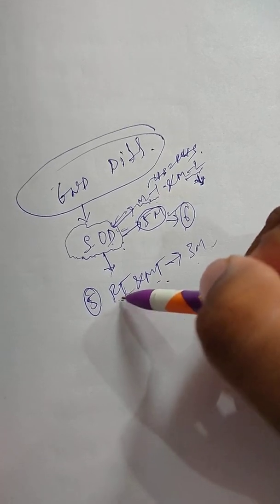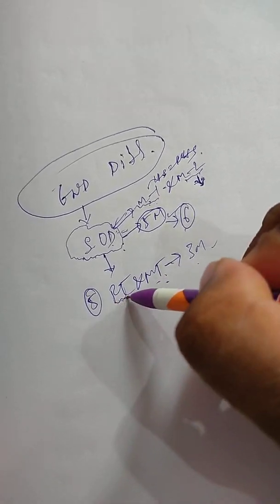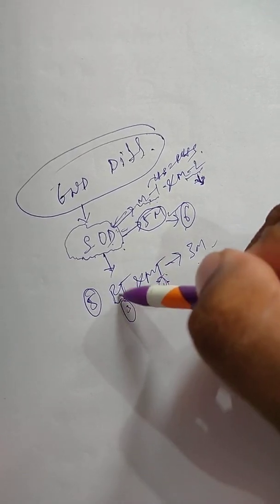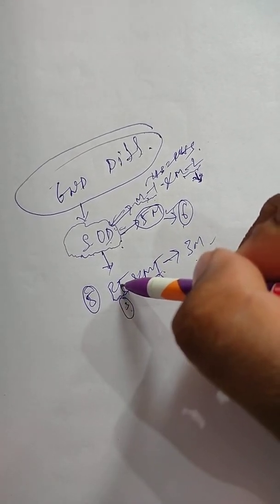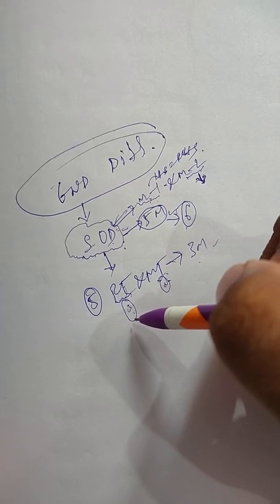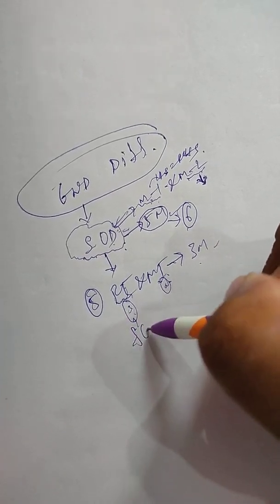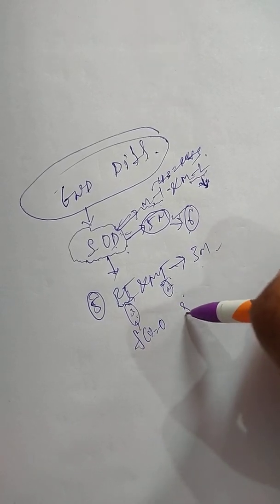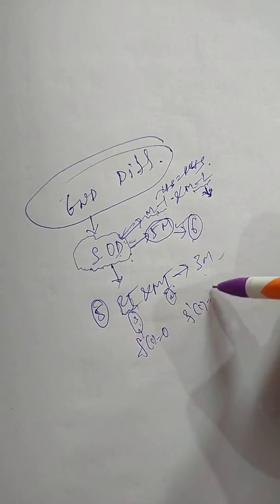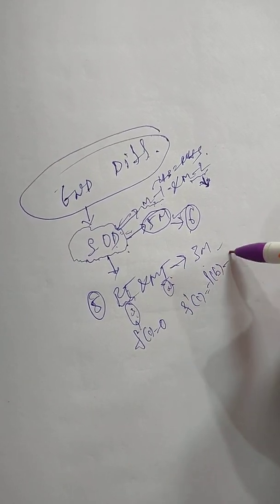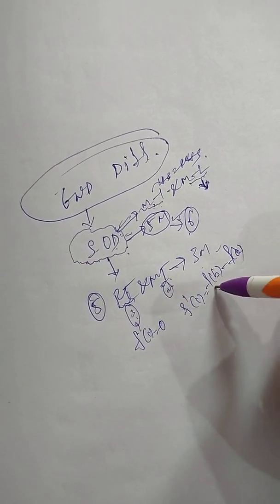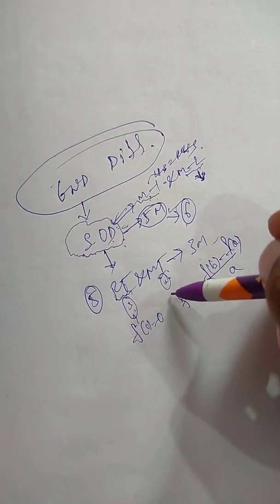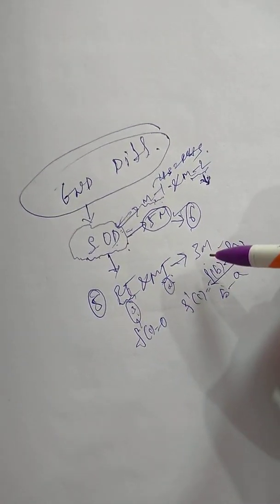In the 3 marks question, in Rolle's theorem we have 3 conditions, and the mean value theorem has only 2 conditions. If the 3 conditions are satisfied, Rolle's theorem is satisfied, and you want to find the value of C: F dash of C is equal to 0. In the mean value theorem, only 2 conditions, F dash of C is equal to F of B minus F of A by B minus A. Is it clear? This is the formula we used in Rolle's theorem and mean value theorem.